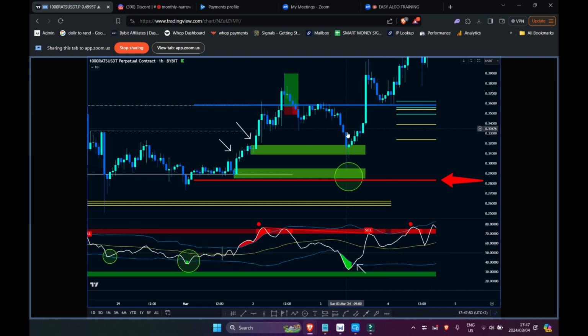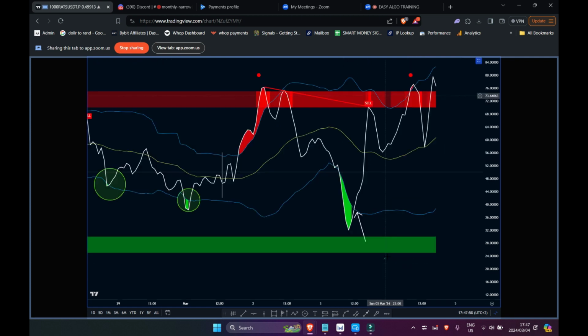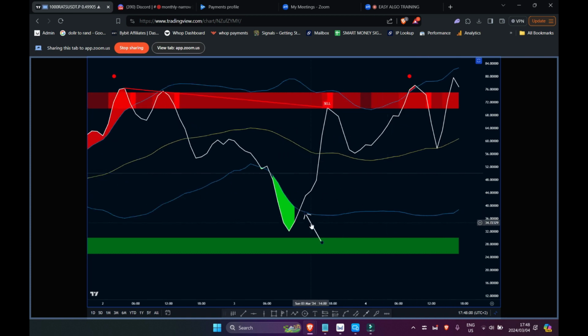So you can see, as price came down into this demand zone, we didn't get confirmation over here. And I don't like to enter if price is hanging out. You can see this is where this white RSI comes out of the band. If it's hanging out of the band, we never know how far down it's going to go. So it's not a good idea to think it's a shark fin here and just enter. Our safer entry is when this white RSI comes back into the band, because oftentimes,